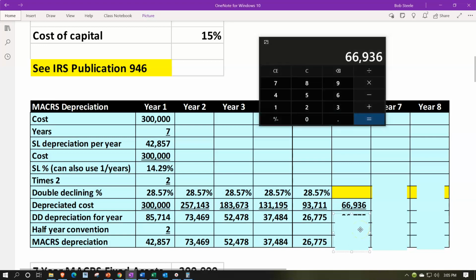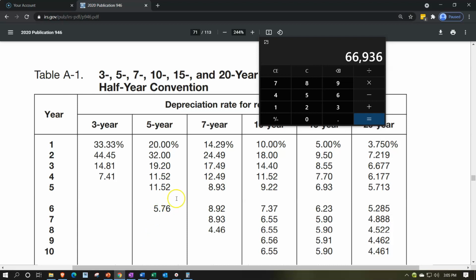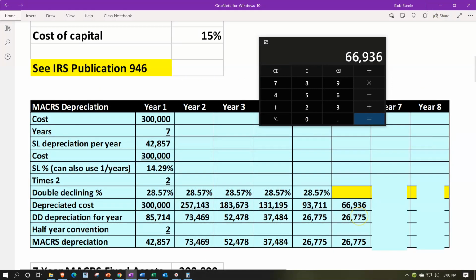66,936. But we're not going to multiply it this time because we're going to mirror what the code does here. And you can see that it's basically evened it out a bit in the last couple of years. So we'll mirror that just so you can see what's actually happening in terms of the calculation. So it's a double declining method, half-year convention, and then they smooth out the tail end here. So we're taking the same 26,775. I'm just going to take that same amount instead of multiplying times